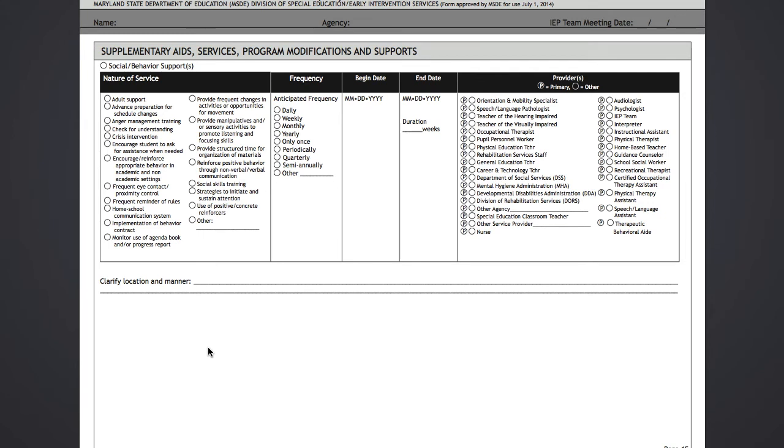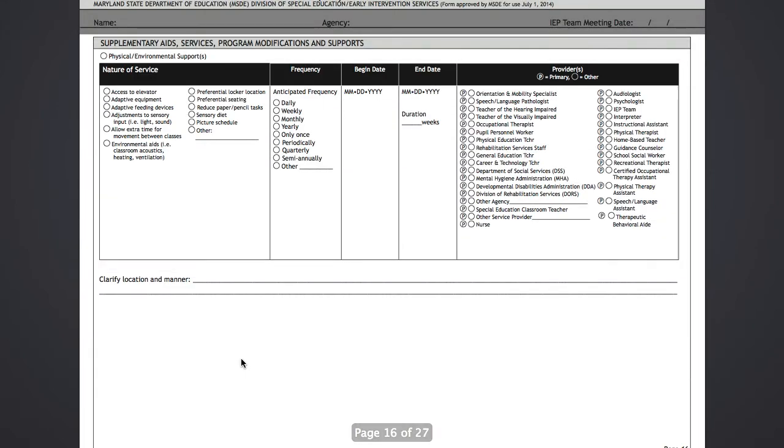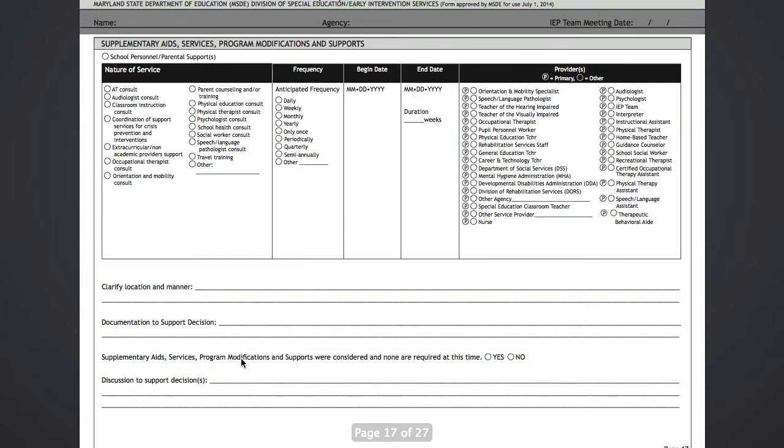Page 15 outlines modifications that a student may need in the area of social or behavioral supports. Do they need additional adult support or adult assistance in the classroom or in and around the school? Do they need crisis intervention? Is the student going to need a behavior contract or an agenda book or frequent breaks? So supports of this nature are provided on page 15. And then physical and environmental supports are listed on 16, followed by support for personnel and families listed on